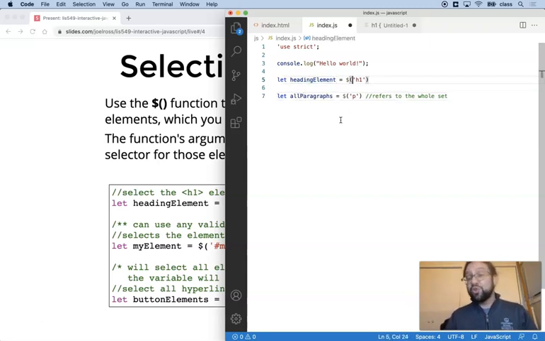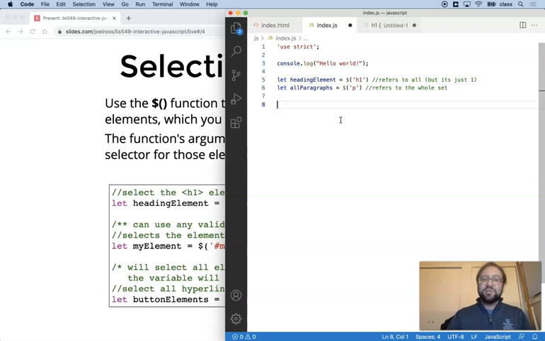Technically, this is all H1 elements, but there's only one of those, so I'm going to name it heading element. I might also name it H1 element. Again, there's nothing special about any of these names. They're just ways to refer to all of them, but it's just one. Okay, so that's going to let us put labels, names, name tags onto